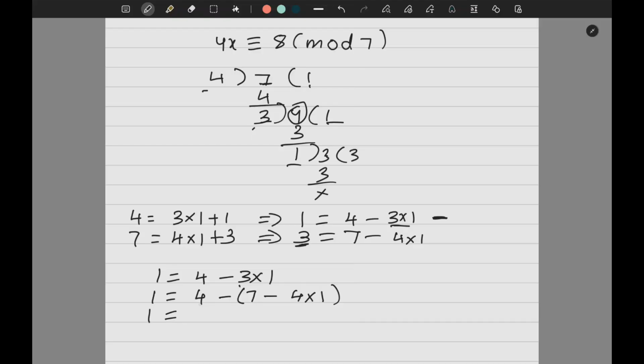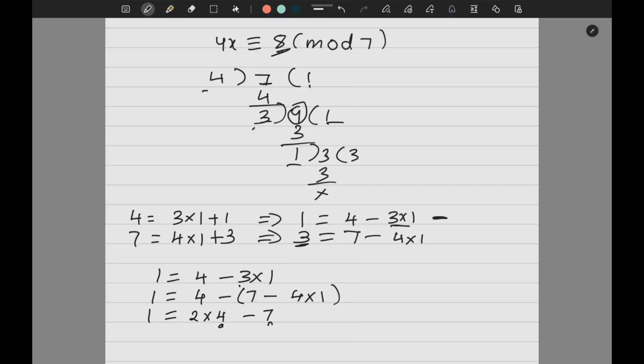How many 4 are here? 1 4. How many 4 are here? 1 4. Minus minus plus. How many 4 I got? 2 4. Minus 7. Now again, for your understanding, think. This is my n. What is my a? 4 is my a. So only b I need to create.